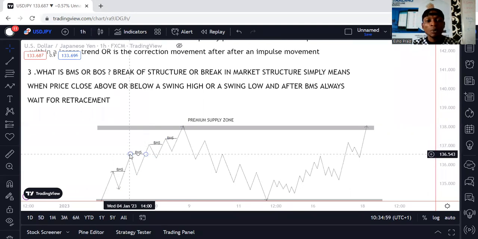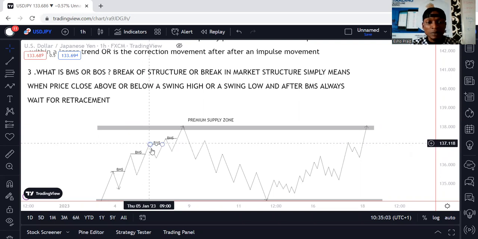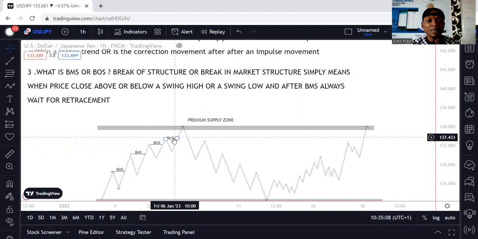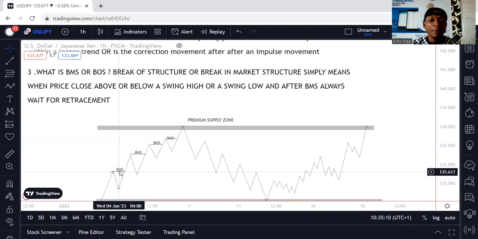Understand? This one will become the old higher high. Once the market pushes up again, this becomes our old higher high. The same thing applies to this one. So this is BMS,